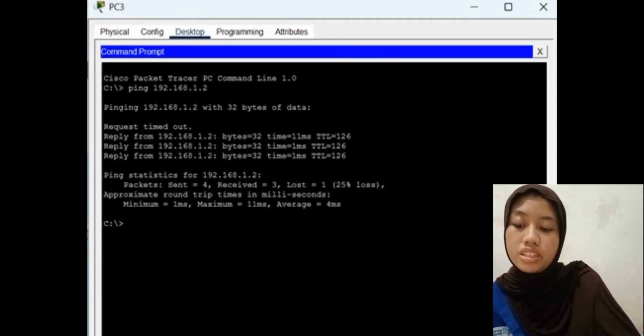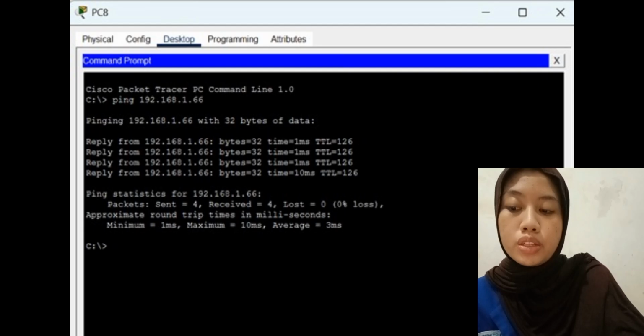In this image there is a request timeout at the beginning. This occurs because of the ARP process, or mapping an IP address to a MAC address, when sending the first packet.